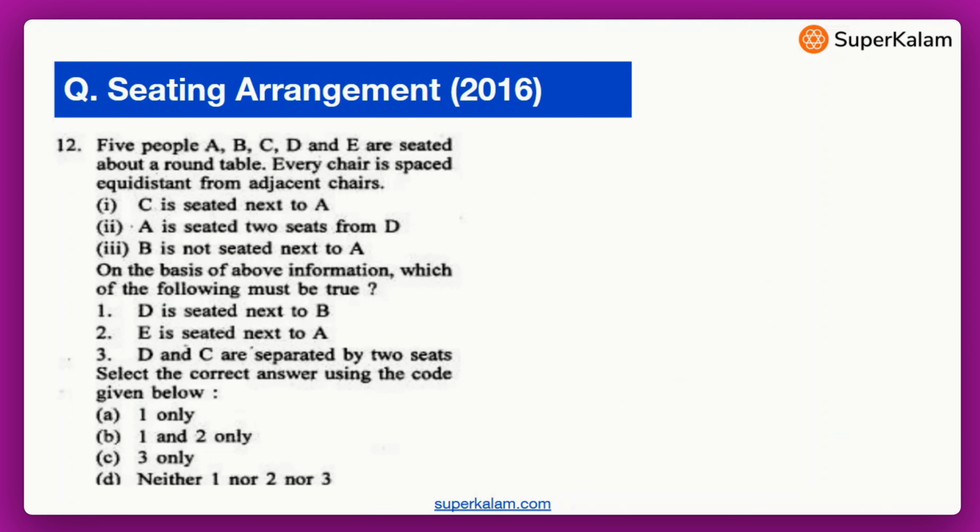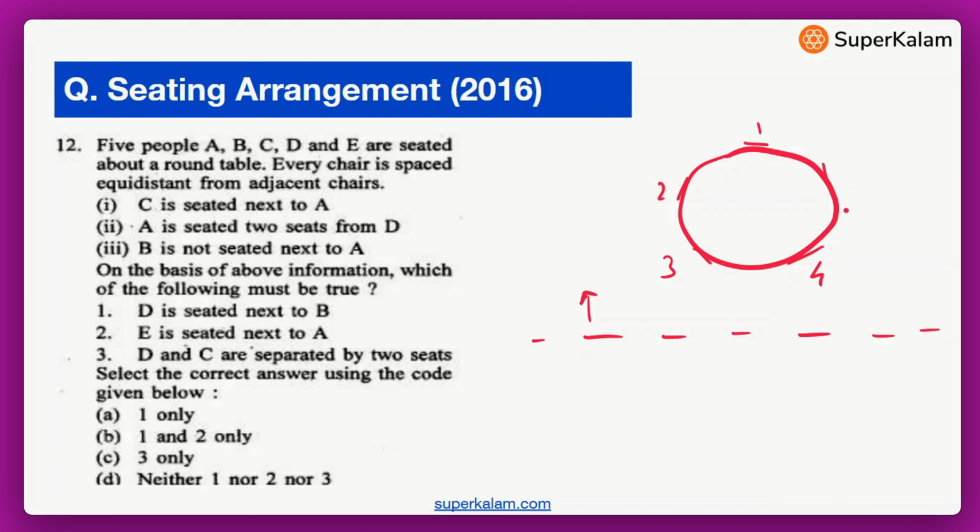Okay, now this is a very interesting one. We are talking about a round table. In the first question we solved, we were talking about a row, and they were facing north. Okay, this was just a row. Now they are sitting around a round table. Okay, and they are sitting like this. They are equidistant from each other, so like this these will be seated. One person will come here, second will come here, third will come here, fourth will come here, fifth will come here. So these are some statements,